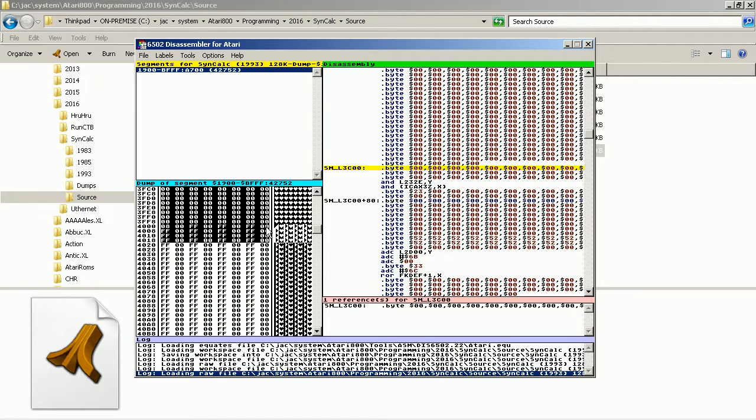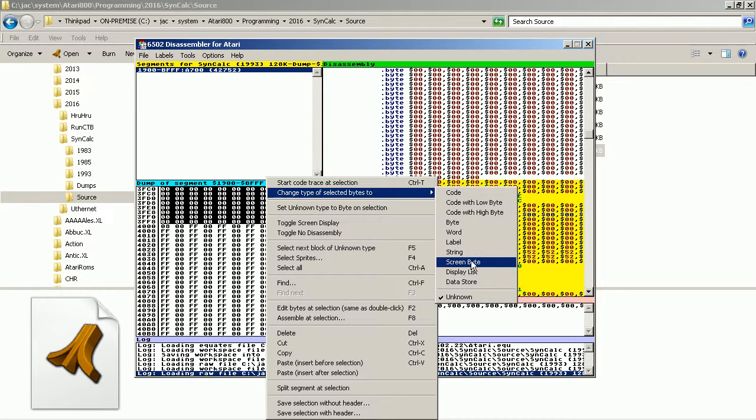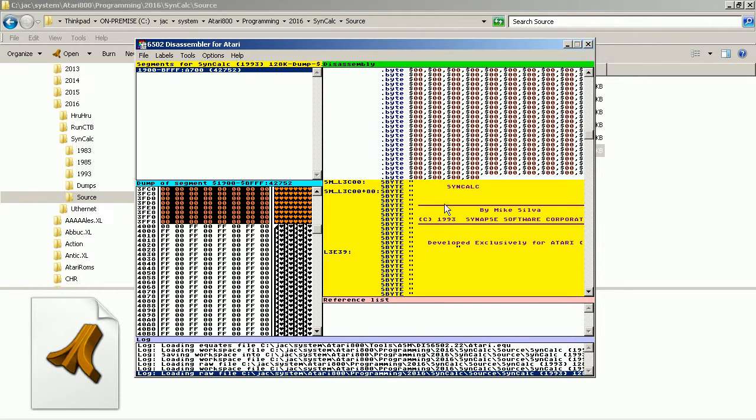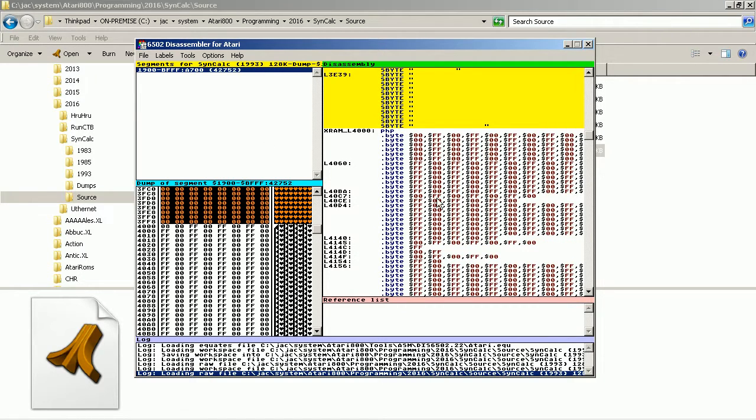Again, this is 1K, 4 pages, and we turn them into screen bytes. And we see the text that we had seen during loading. And then we see at 4000 a certain pattern starts, and we know from the fact that syncalc uses extended memory, and extended memory in the Atari is between 4000 and 7FFF, that everything in that area must actually be data space. Yet we see,